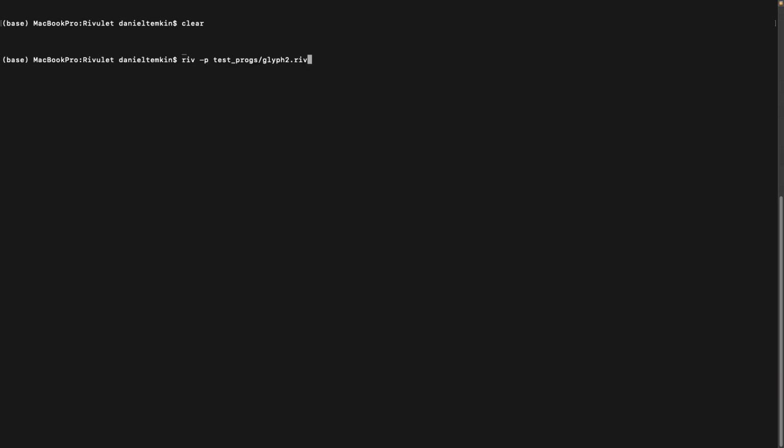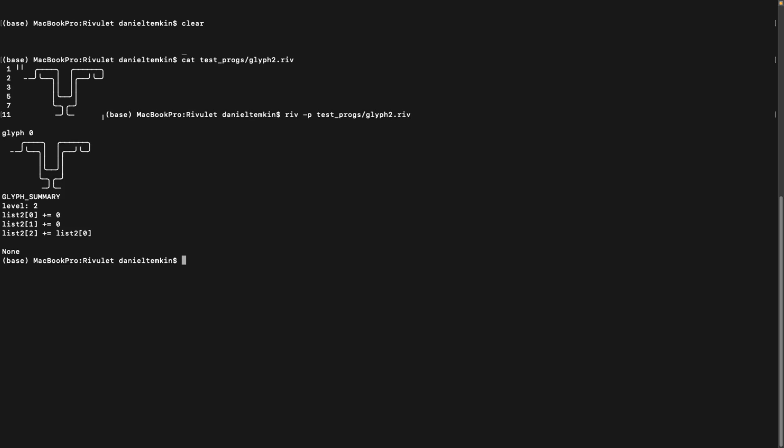Okay, so this is just one of the examples of the second glyph that I was showing earlier. And this is what it looks like by itself. If you run the Rivulet interpreter with -p, it gives you pseudocode for what it's going to do.